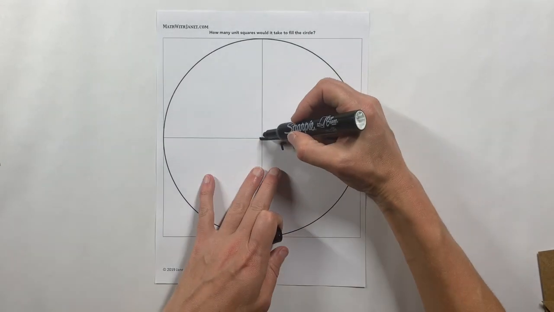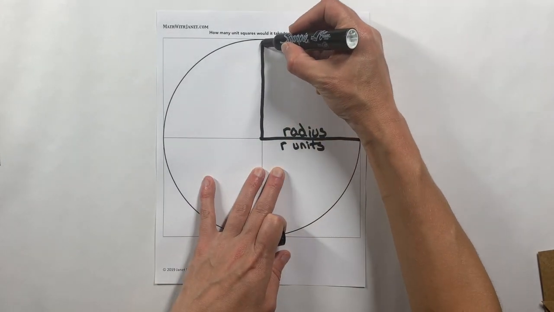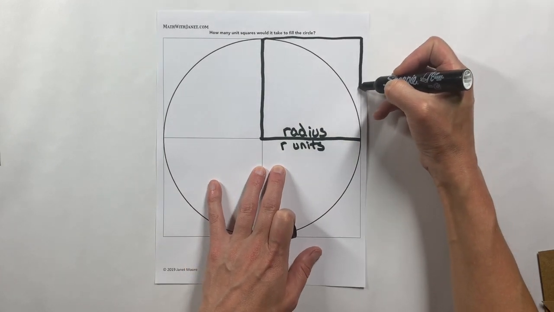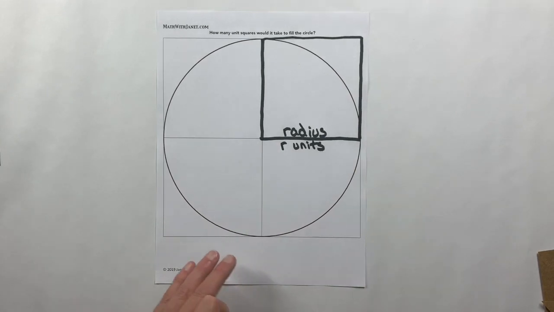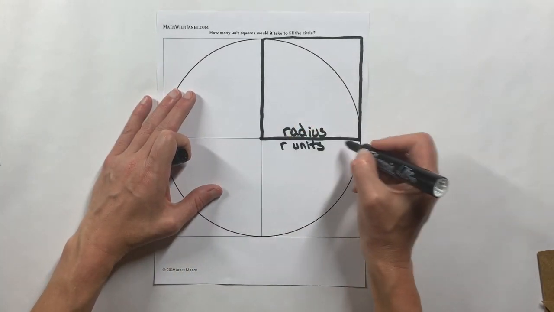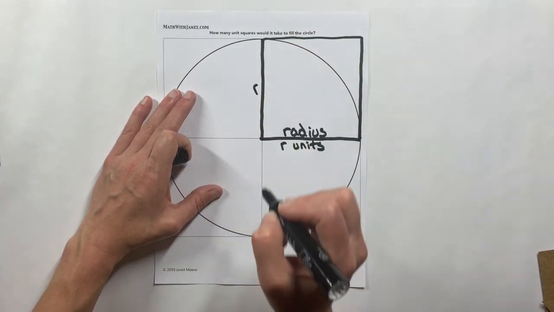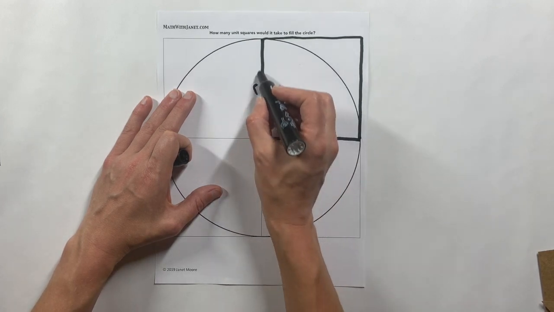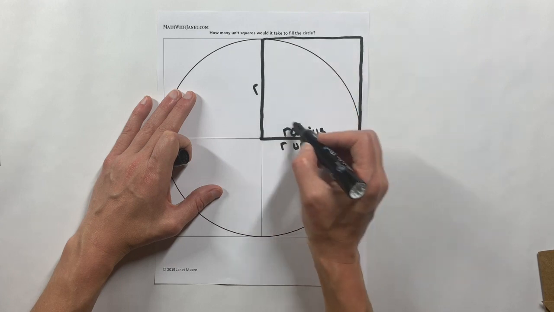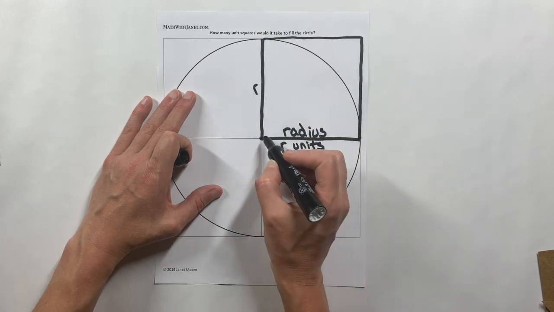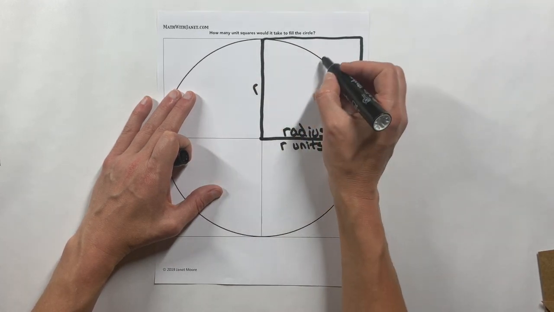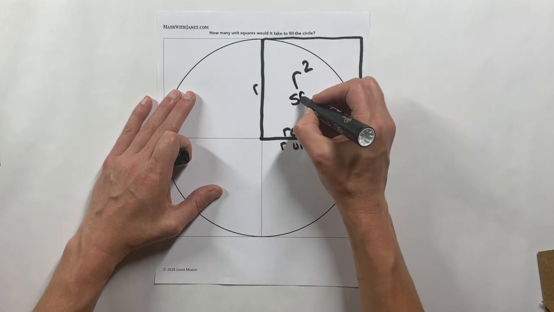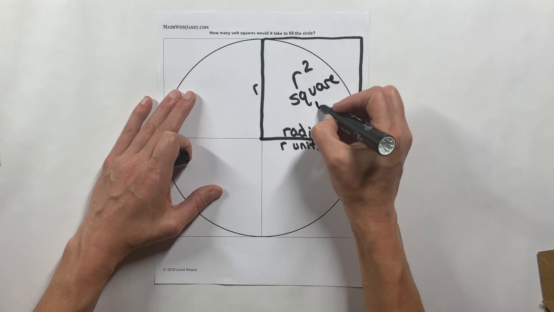Which means that when we build up this square around it, whatever that radius is, this square is going to have r times r. Remember, this is also a radius. So this is r units in length. That is r units in length. This square is going to have r times r square units inside of it. So we have r squared square units